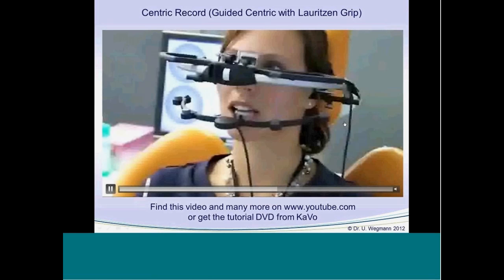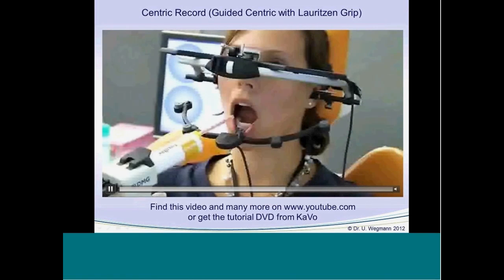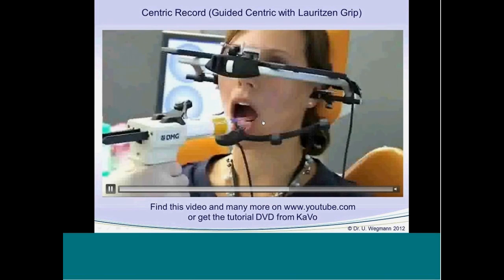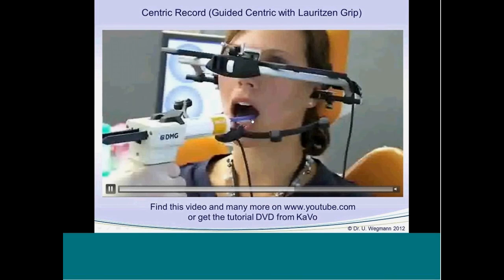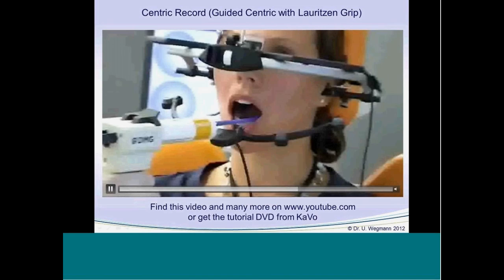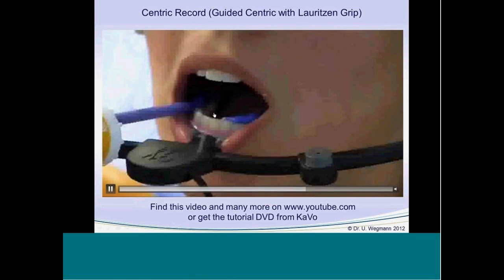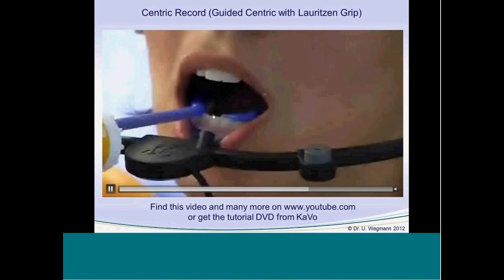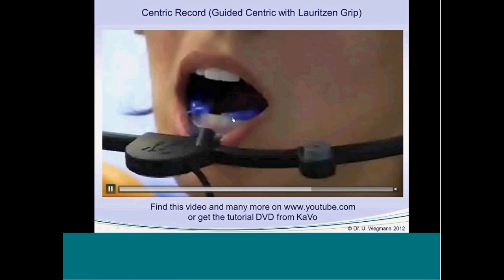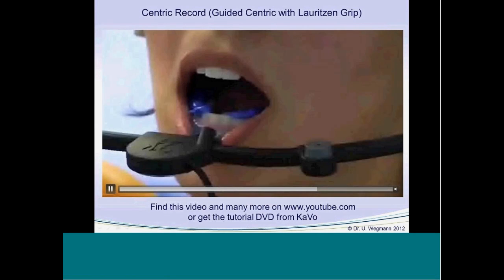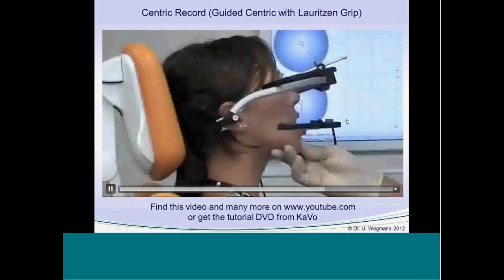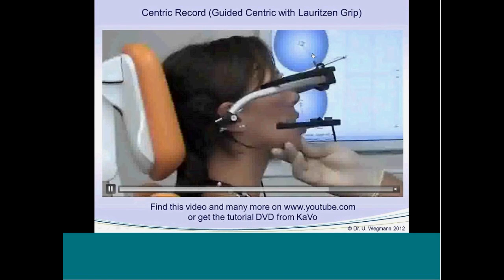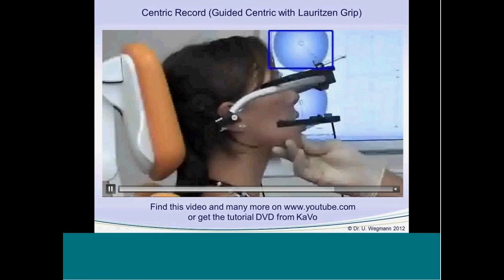When we have done it, we add some registration material into the teeth. And then we guide the patient back in the same position as before until the material is set. That means we can start the measurement again. We have the fixed position from the first time we did in the Centric Record, and now we bring back the patient in the same position.